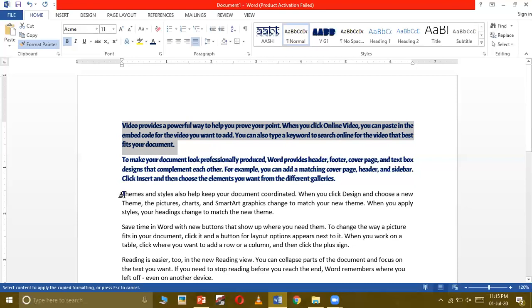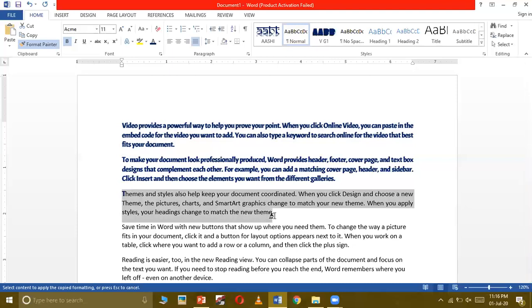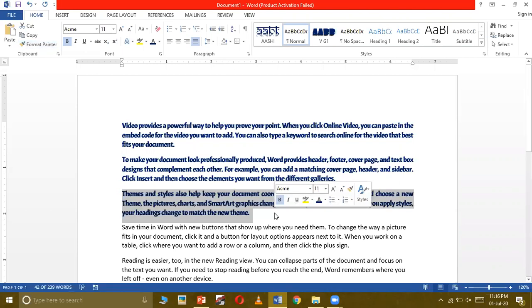Now what you have to do is left click and drag that paint brush on the text on which you want to paste the design which you have copied with the help of the Format Painter tool. Once you are done moving the paintbrush on the text, leave the left mouse button, and the design which you have copied will be applied on that. So by this method, we can easily apply the formatting effects from one text to another just by copying the design, not the whole text, only the design. And this makes our work faster and easier.